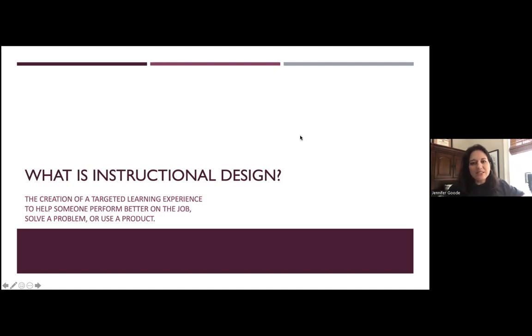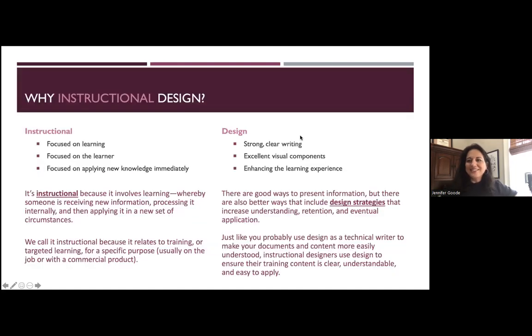All right, back to the slide of apology. Okay, so here's the slide of apology. I get into this because I want you to see something. If you're coming at this from a technical communication, technical writing background, I want you to see that we're not talking about anything that's radically different than what you do. We're just reframing it in a learning and a training and an instructional sense.